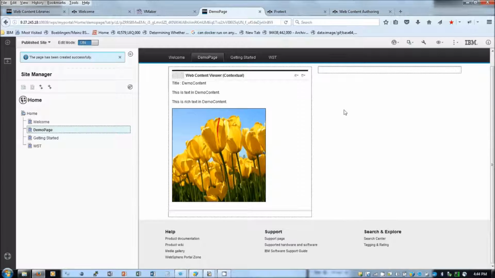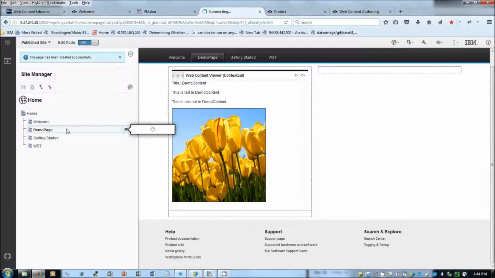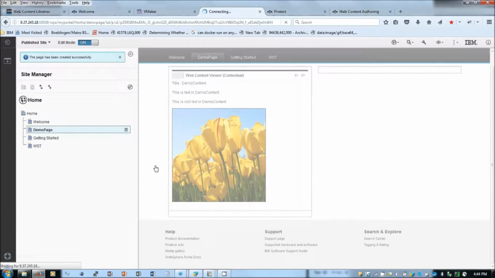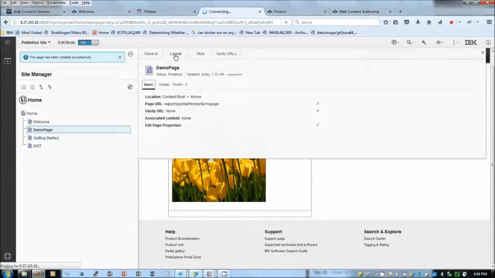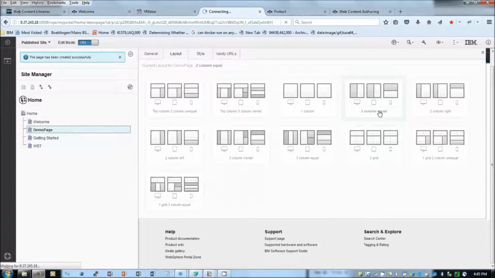Now let's add one more content here. So I'm going to the page and then I'm clicking on open page settings. Because I want to add one more content here, I need to select the layout. I'm going to the layout and then I'm selecting the different layouts. I'm selecting 2-column equal layout.